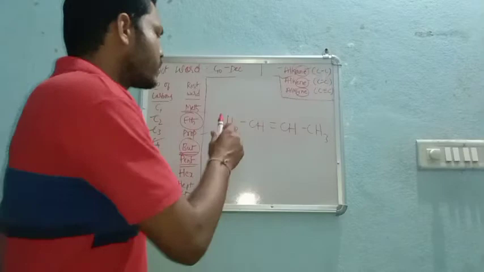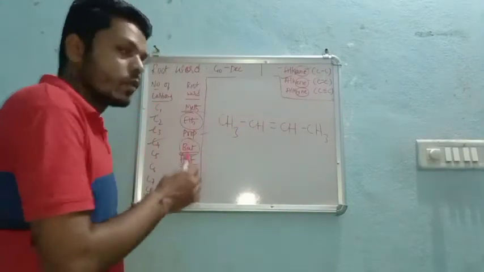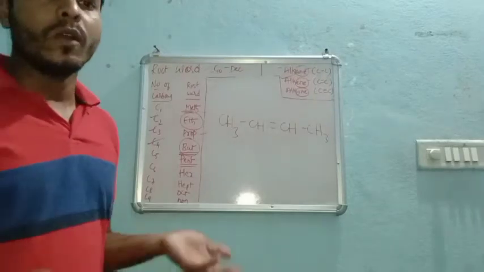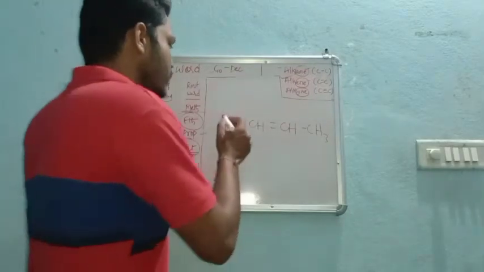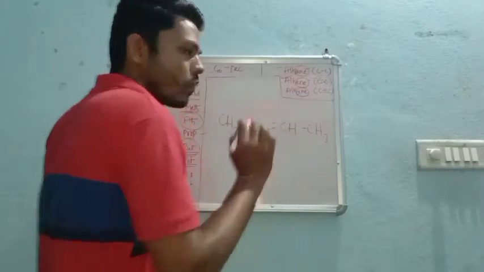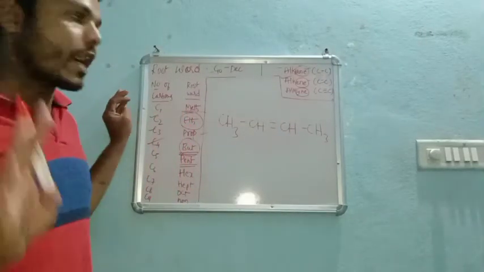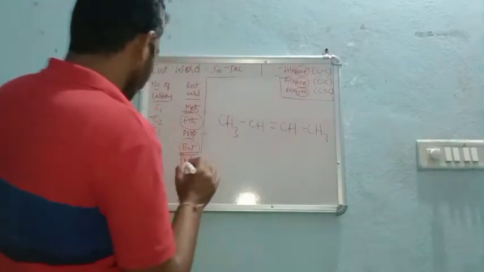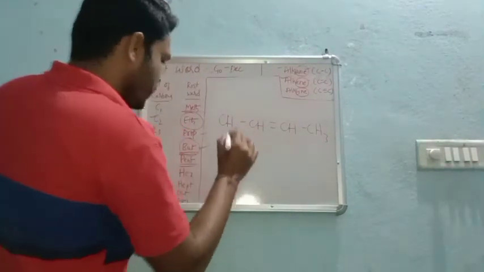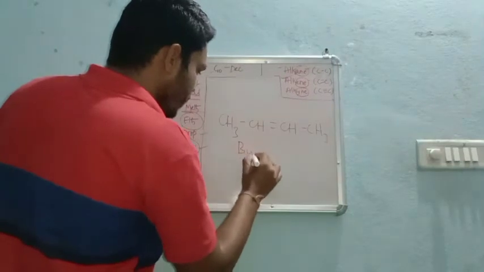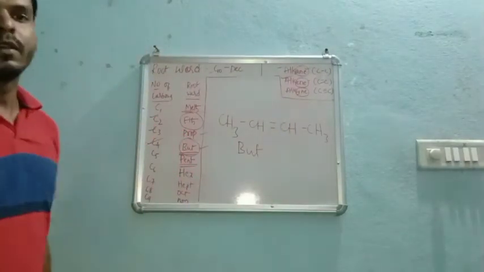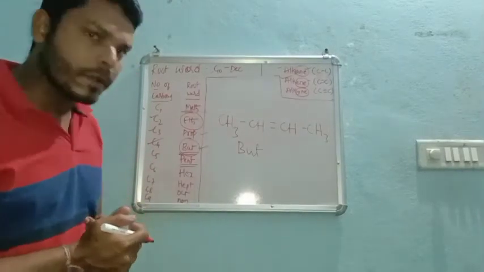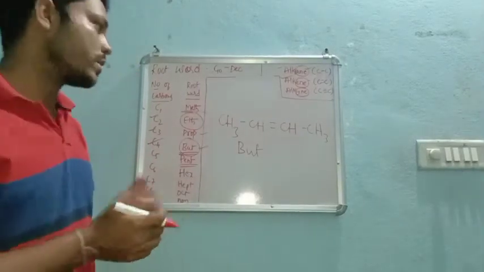Now first what we have to do? We have to check the number of carbon atoms. Same thing we have to follow, right? So 1, 2, 3, 4. That means 4 carbon atoms are present. So 4 means again this but, right? Now see in this compound wherever there is a double bond, yes, of course in this compound there